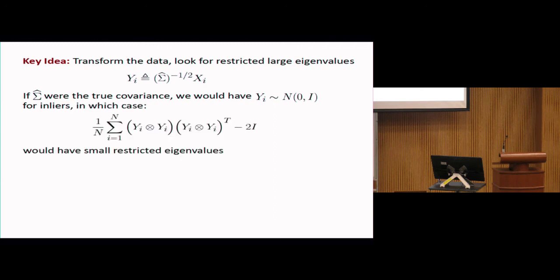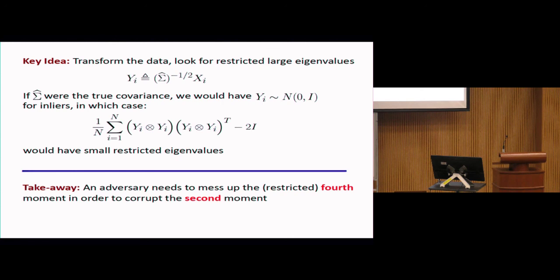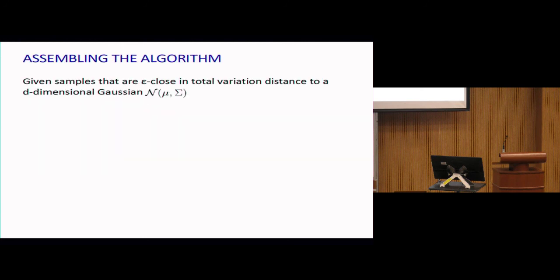And what you do is compute this matrix that encodes the fourth order data. But there's a way that you can look for large quadratic forms on it that remove that sigma hat term. I can tell you more about that offline if you're curious. That ends up being the test: if it has large restricted eigenvalues, then you know that the adversary really has noticeably corrupted the fourth order moment. You can use that to find a space of degree 2 polynomials, which look much larger on the corrupted data than on the uncorrupted ones. So it's the same basic paradigm, but using some tensor spectral techniques and ideas like Isserlis's theorem.